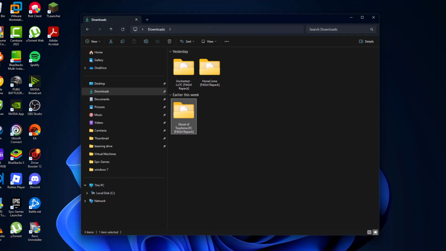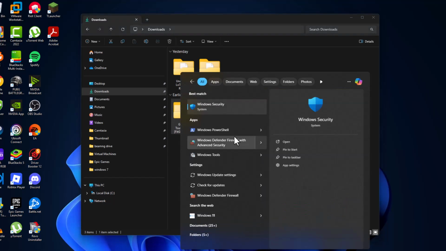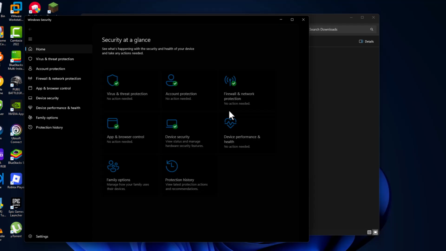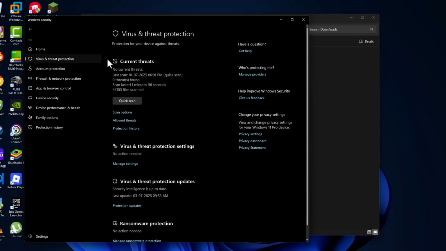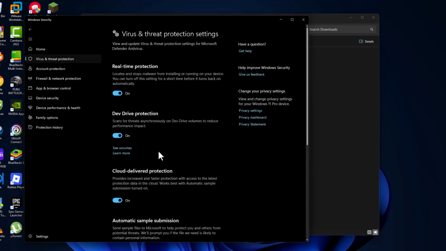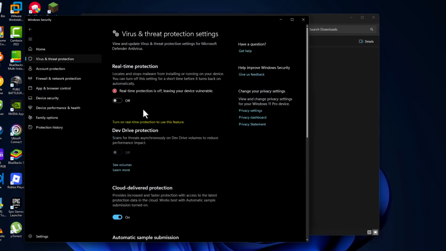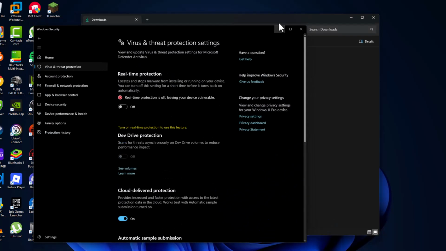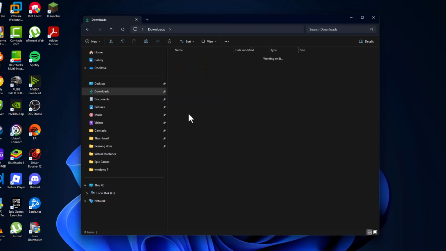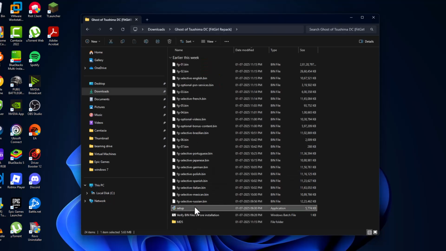And then go to the search menu and type Windows Security. Click on open it, and select Virus and threat protection, and select Manage settings. Turn off the real-time protection. Select yes. And now just minimize this page, now open the folder and double click on the setup and